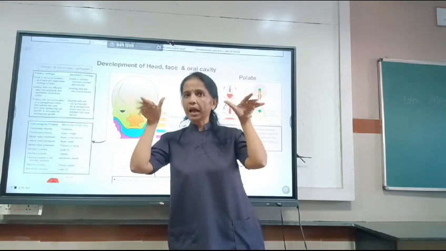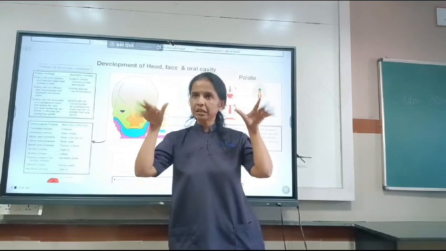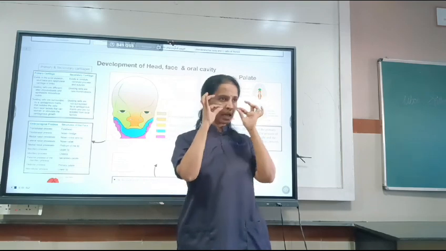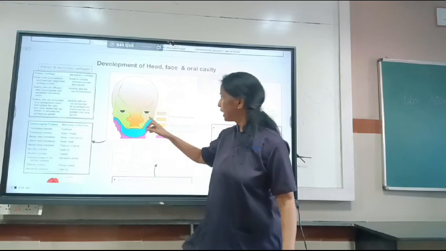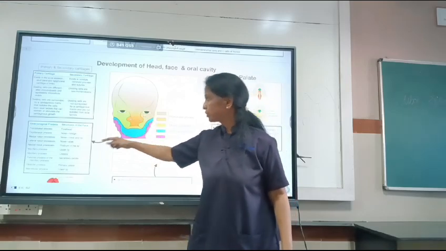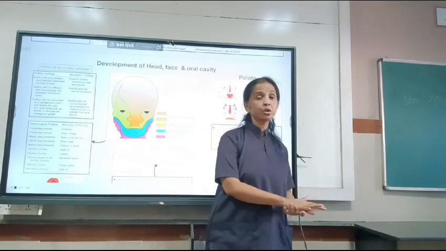It's called the ala. Ala, the English meaning is a wing-like structure. So you have the medial nasal process and the lateral nasal process. This is the ala. Is that clear? So that forms from the medial and lateral nasal process. And then we have the medial nasal process also contributing to